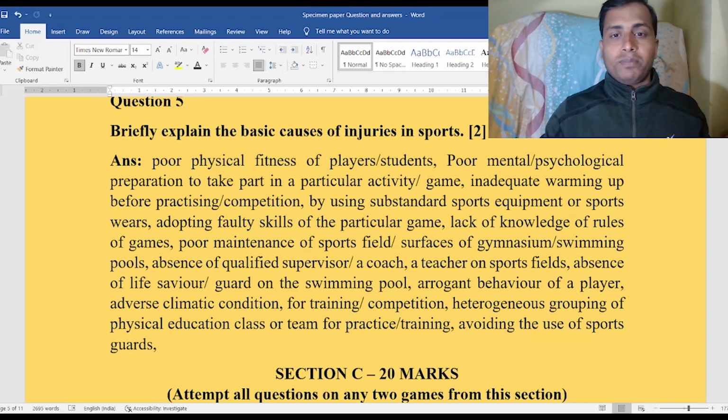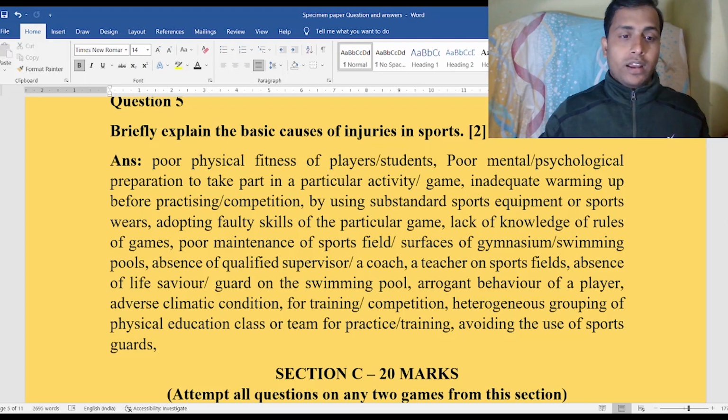Poor physical fitness of the players or students, poor mental or psychological preparation to take part in a particular activity or game, inadequate warm up before practice or competitions, using substandard sports equipment or sportswear, adopting faulty skills of a particular game, lack of knowledge of rules of games, poor maintenance of sports field, surfaces of gymnasium, swimming pools, absence of a qualified supervisor, a coach, a teacher on sports fields, absence of a lifesaver guard on the swimming pool,